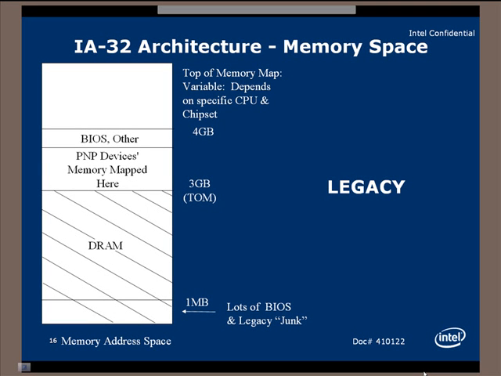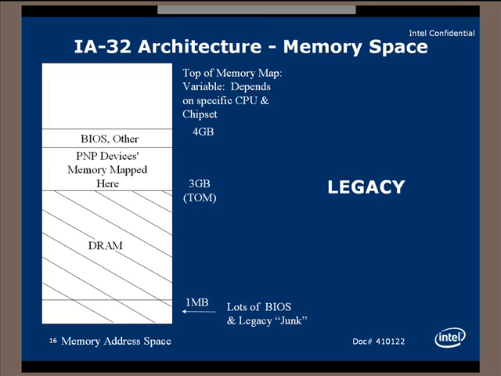Let's take a look at a very, very high-level view of the software architecture. Intel processors support basically two address ranges, one of memory and one of I/O. This foil talks about the memory address range. On older chipsets, it goes from 0 up to 4 gigabytes. That's your 32-bit address range. You'll see that 4 gigabyte limit come up in a lot of Intel documentation. And again, there's a lot of legacy issues there, which are kind of beyond the scope of this training. But our newer CPUs and chipsets have an address range that goes well above 4 gigabytes. I think they're up to about 64 gigabytes now in our latest